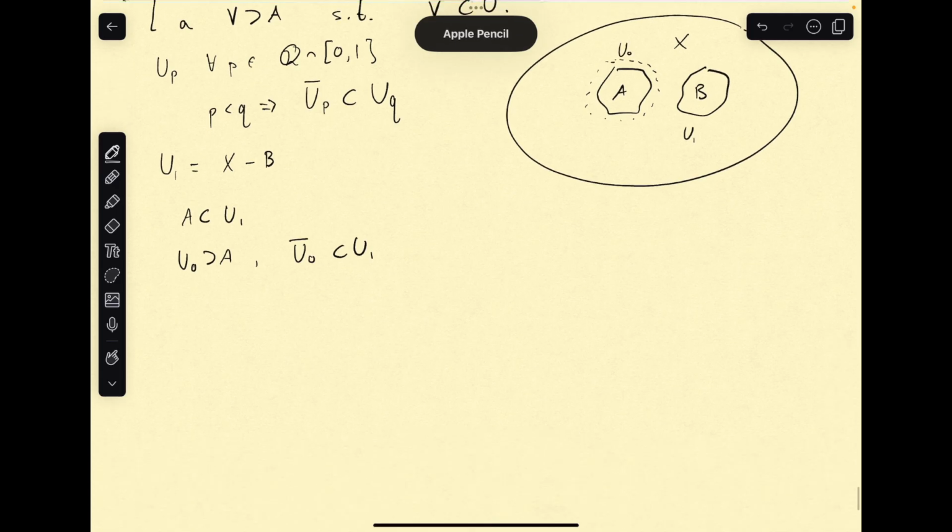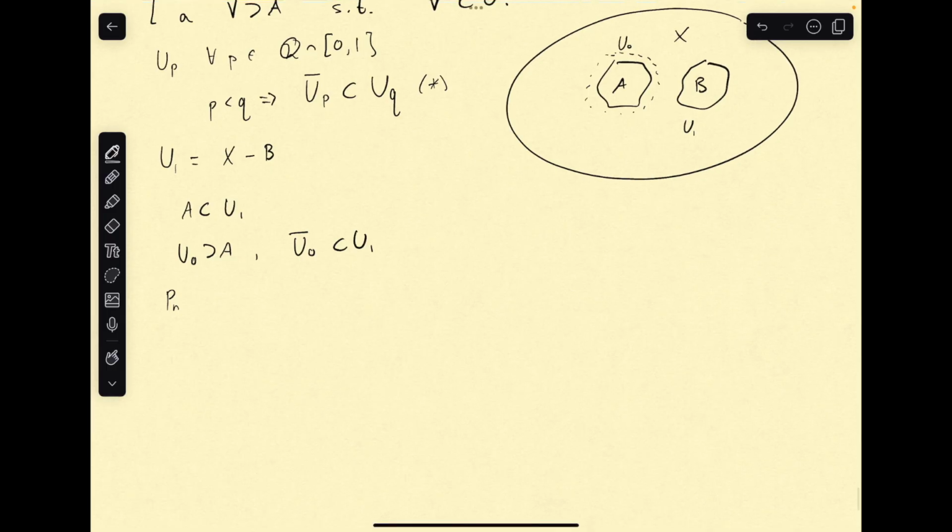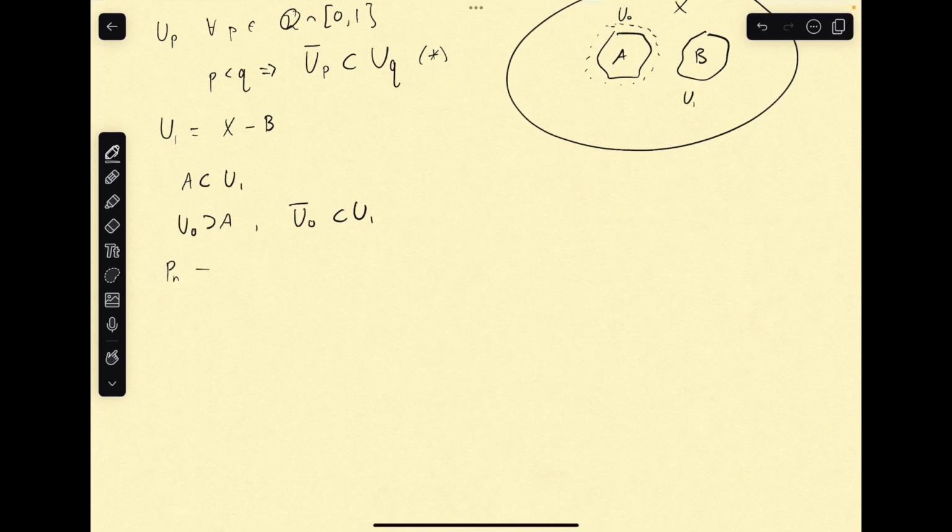So now let's let this set, which we're going to call P of n, denote the first n rationals in our sequence for which we've defined their open sets, and for any pair, this star property holds: if we take a pair in this sequence with P less than Q, that implies that the closure of the open set corresponding to P is contained within the open set of Q. And this is the inductive step, so now we need a way to go to P of n plus 1,